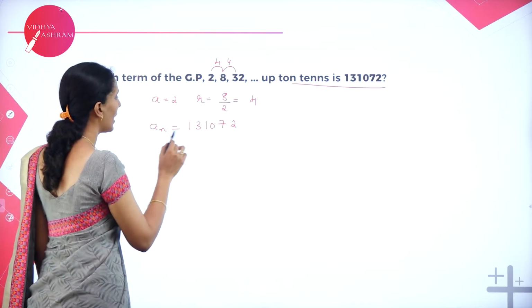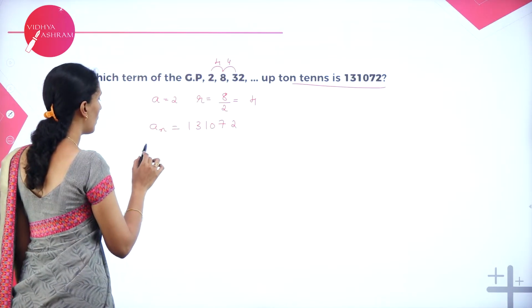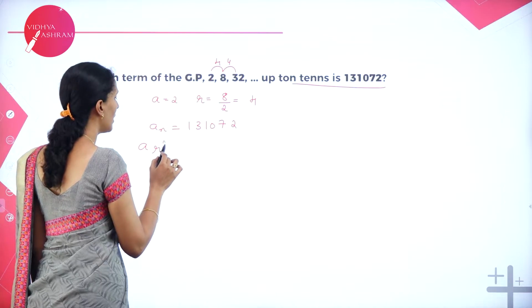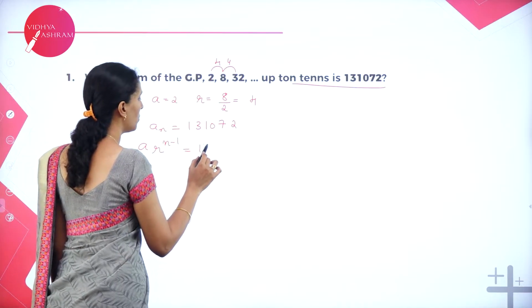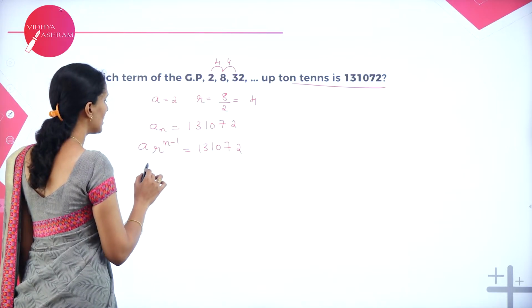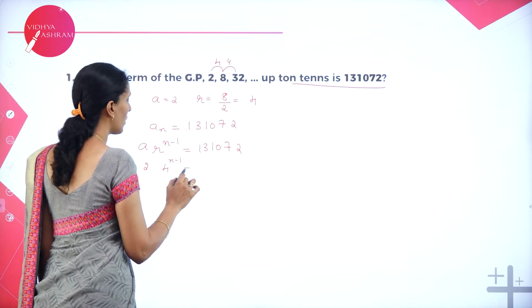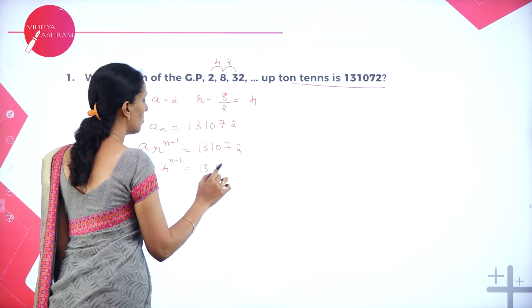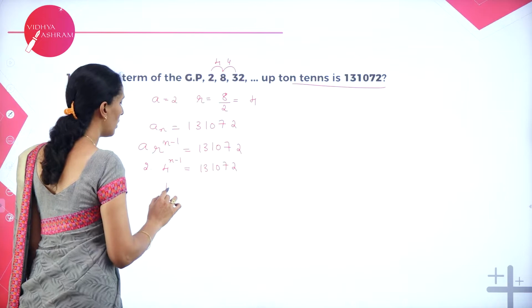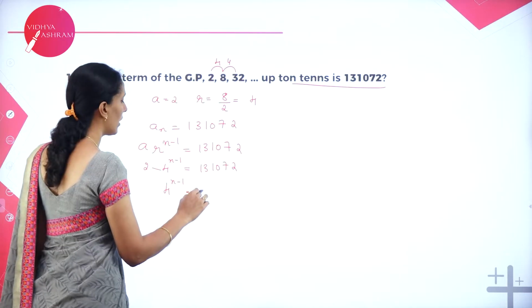We know that an is equal to a r to the power n minus 1, which is equal to 131072. Clearly, a is given as 2, r is 4, so 2 into 4 to the power n minus 1 is 131072. So, 4 to the power n minus 1 is equal to, when you divide this by 2, you will get the value as